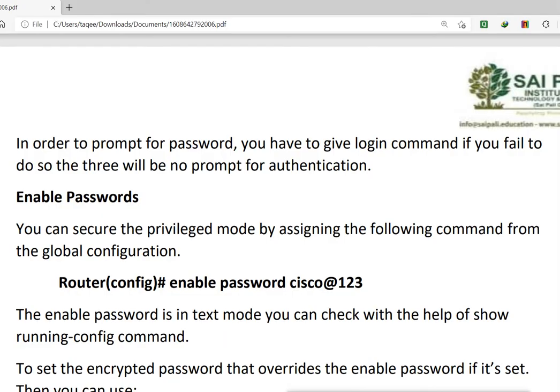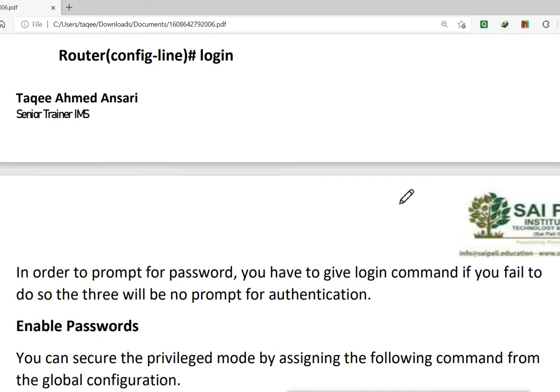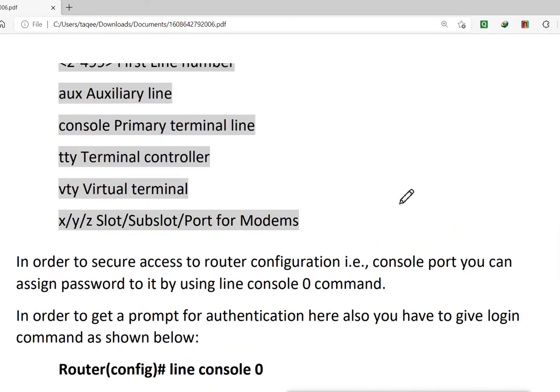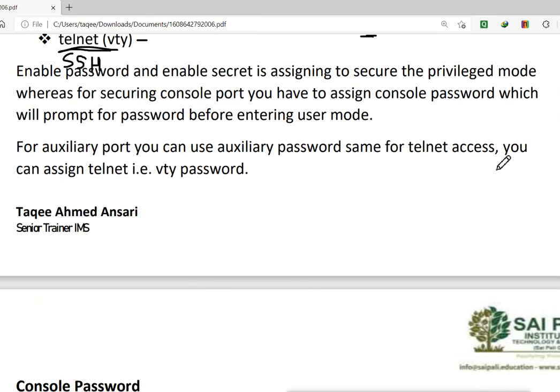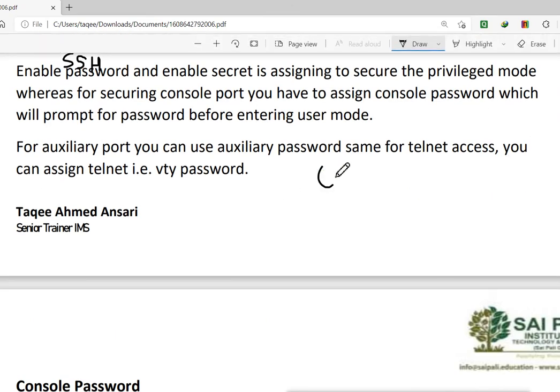Now suppose I configure the password for 0 to 4. What that means is, once this machine is connected using telnet, one connection is done, then one more connects.